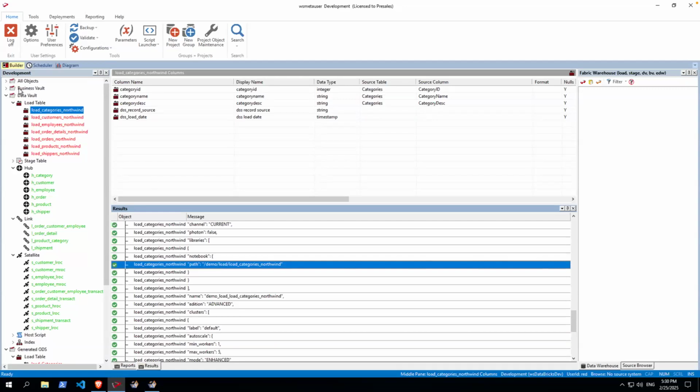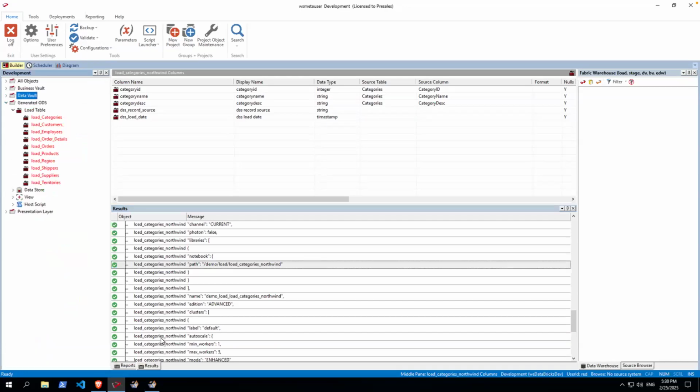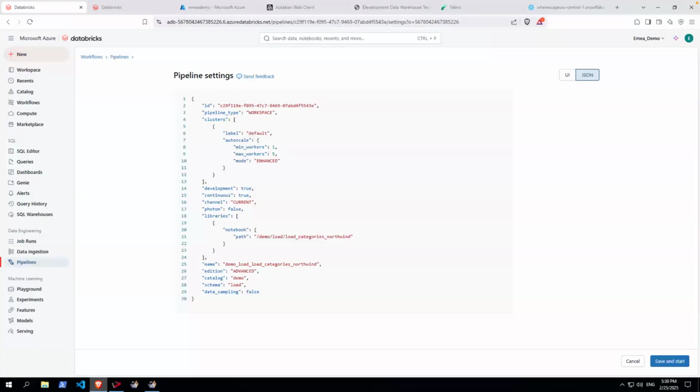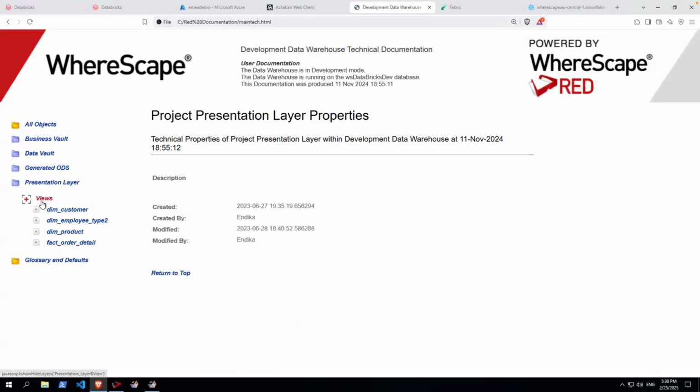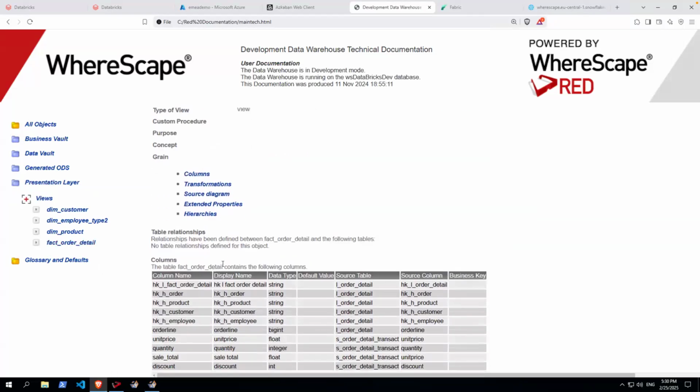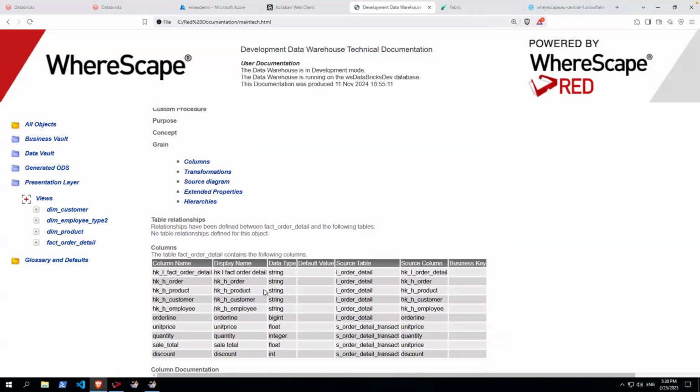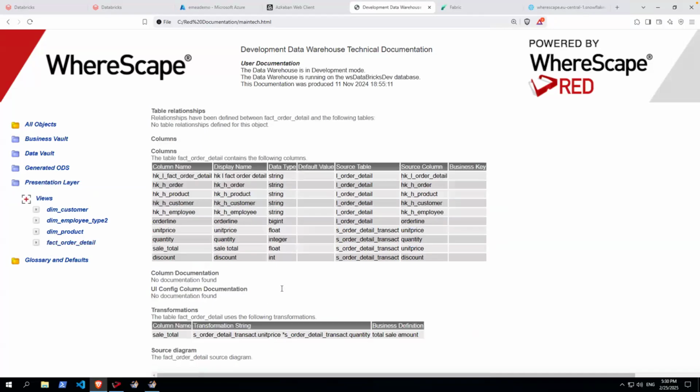Usually at the end of this demo, we show how we create the documentation. And I believe I already have it open. Okay, this is an example of how we generate the documentation. The documentation is generated based on a wizard, so you don't have to write or do anything else. All this will be scraped from the metadata and added to this website. For example, if I want to see my fact order details, you can see things like my attribute names, attribute types, any scripts, any lineage